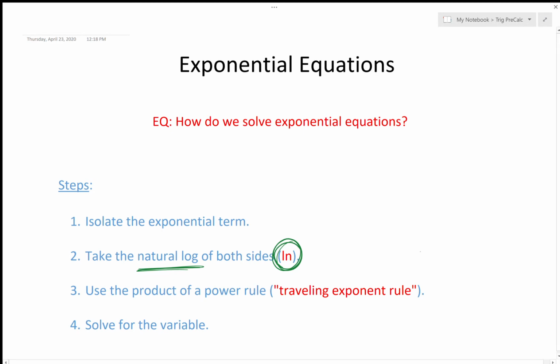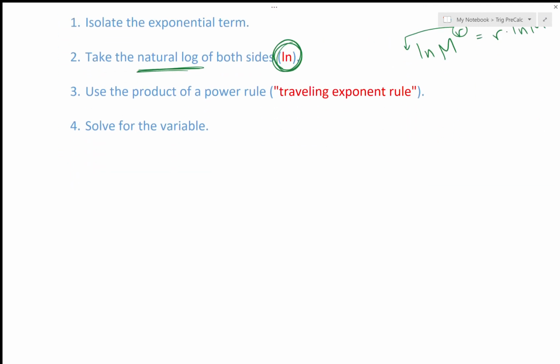Remember, if you have the ln or log of something, that exponent can travel to the front and become r times ln m, okay, the traveling exponent. And finally, we're going to solve for the variable. All right, taking a look at our first example,